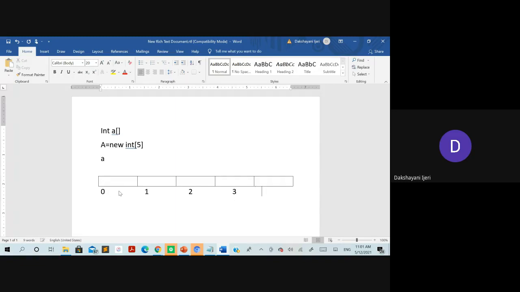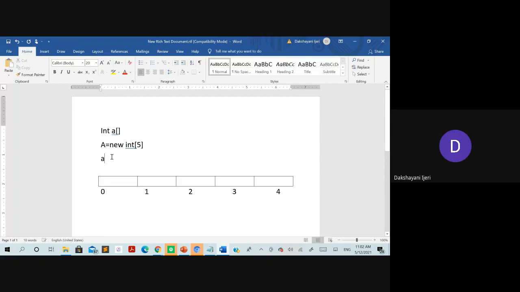One more thing that you need to remember in the array is that the index value by default begins with 0, and it is going to end with n minus 1. Suppose we have 5 elements to be stored here, so the last value will be stored at n minus 1, in the sense one less than the size that you have taken. Why? Because the index value begins with 0 here.